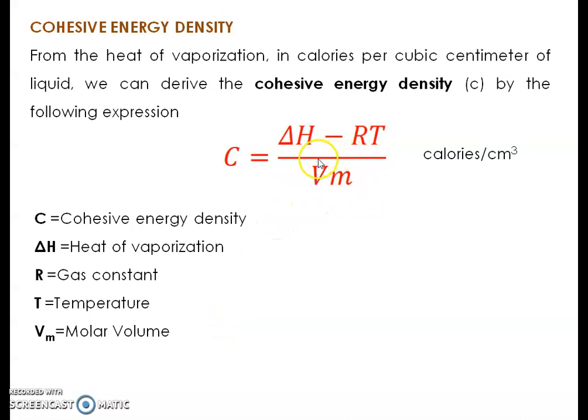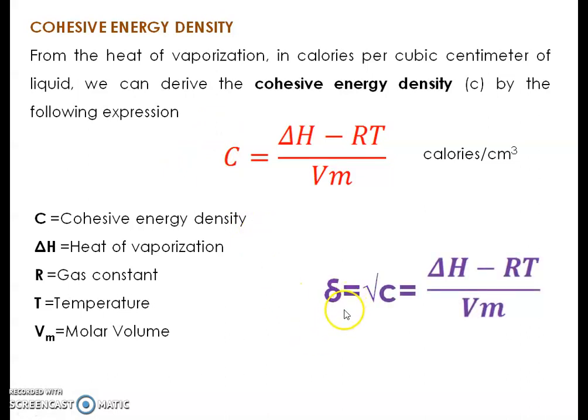How much volume of liquid we are taking and vaporizing, that volume will be considered while calculating the cohesive energy density of a particular solvent. So first we need to vaporize a particular solvent, and whatever amount of heat of vaporization is required for 1 cubic centimeter of solvent, we put in this formula with the other two factors, R and T, then we get the value of cohesive energy density, and when we take the square root of this cohesive energy density, we get the value of delta, that is the standard solubility parameter.